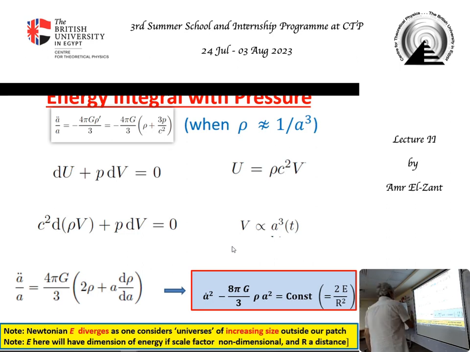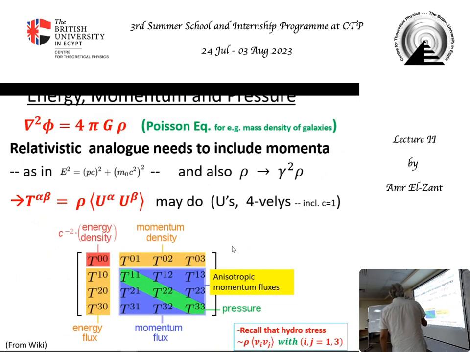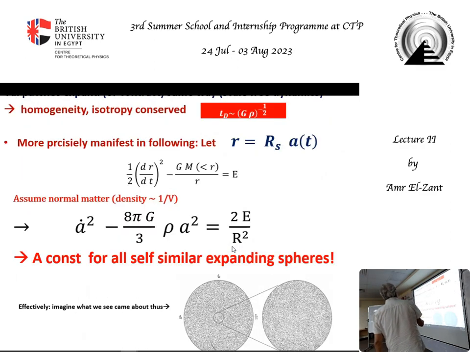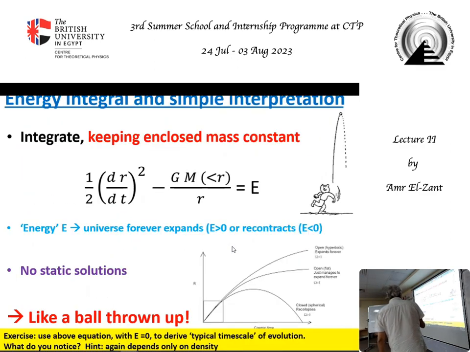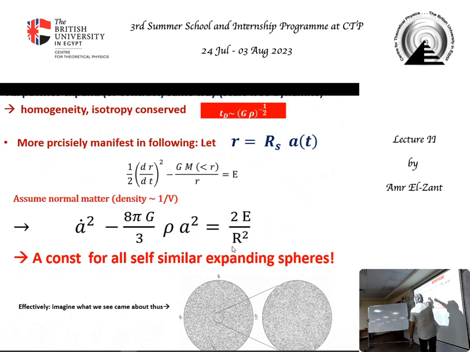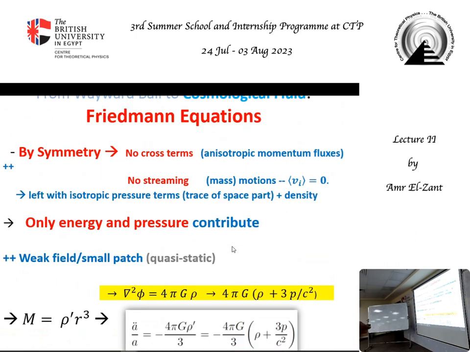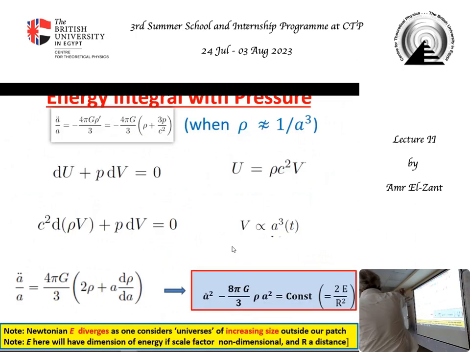when we did the cunning thing of getting a Friedmann equation from the acceleration equation here, we just assumed that m is 4 over 3 pi r cubed, rho. But this is not the case if you have this pressure. And we have a pressure term now in our new equation. What do we do with it? We need an energy equation, an energy integral, but we have a pressure here that we don't know what to do with. Now, physically speaking, what does it mean?